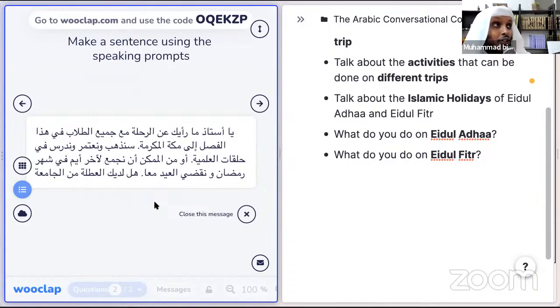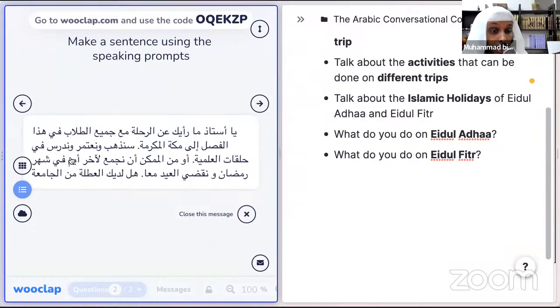There's a difference between اجتمع and جمع. There's a big difference. They're two different verbs. جمع means to gather, يعني to bring something together. اجتمع means to come together. واضح؟ So you should say أو من الممكن أن نجتمع, that we come together لآخر أيام في شهر رمضان, أو أن نجتمع في الأيام الأخيرة من شهر رمضان. أوكي؟